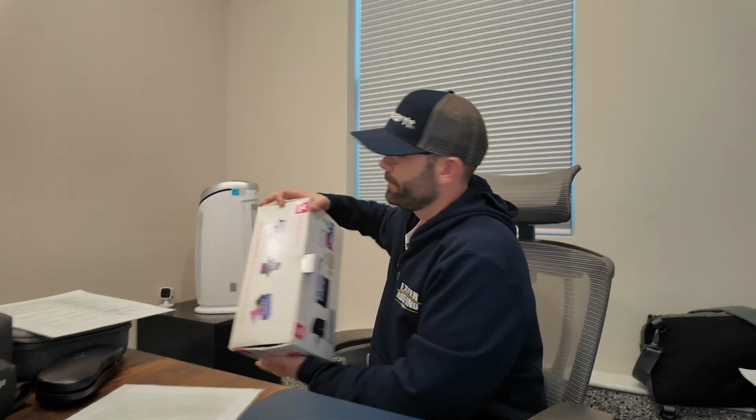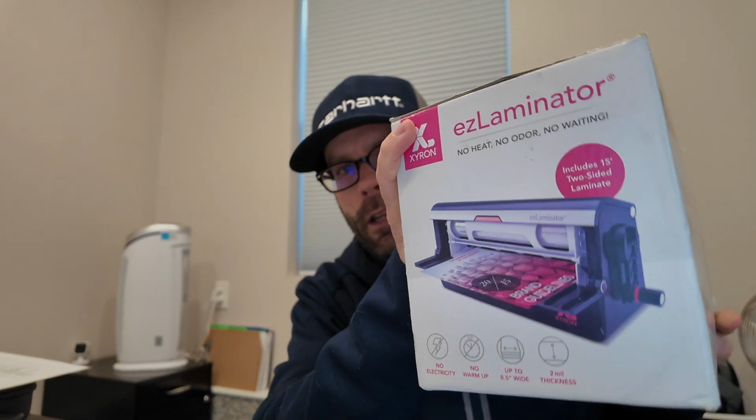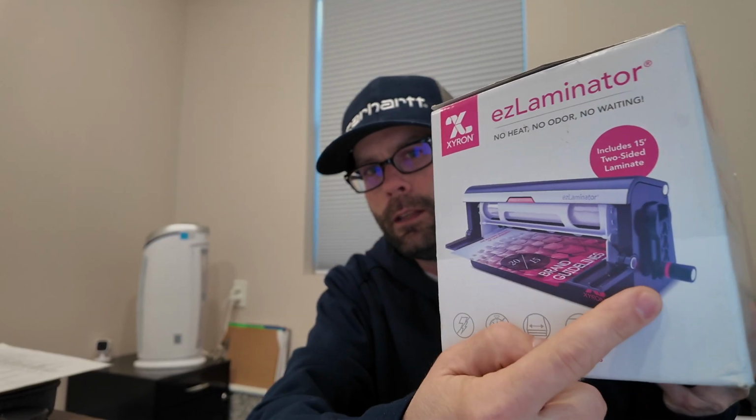I'll get the laminator that I used. It's ultra low tech. It was pretty cheap. Someone else in my office got it at Staples, but this is the one that I use right here. It's called the Easy Laminator. You just put the paper in and then you turn this and it spins the paper through it